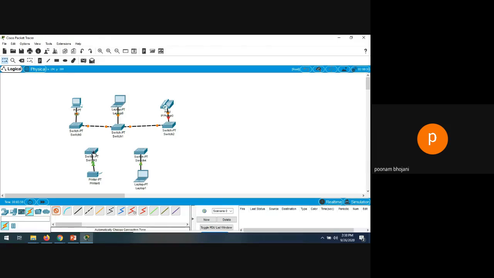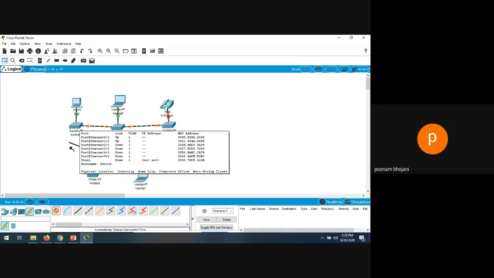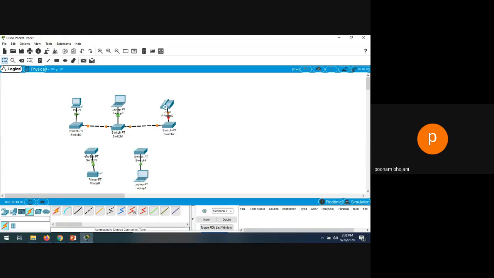So all the switches are connected in one link. You can connect it with the switch also, but let me do it another way. So all the switches are connected with one type of wire.